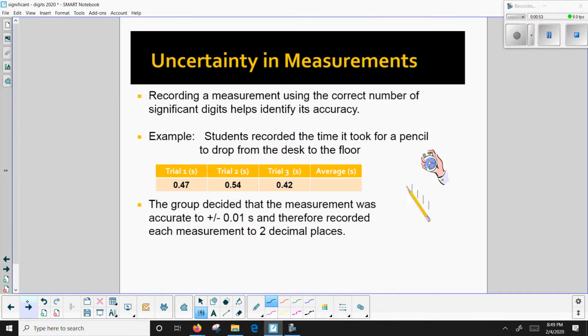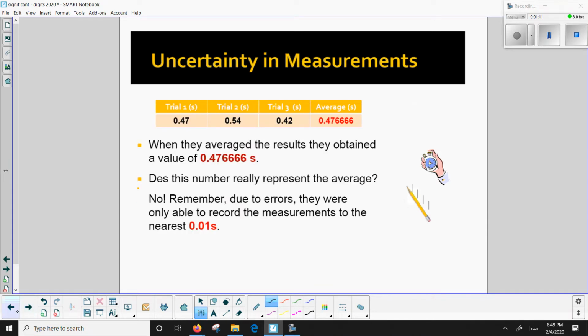Now, what if we did an experiment, like what we did, where you record the time it took for a pencil to drop from the desk to the floor? So we had 3 trials: 0.47, 0.54, and 0.42 seconds. And we wanted to do the average. So let's do the average, and we end up with